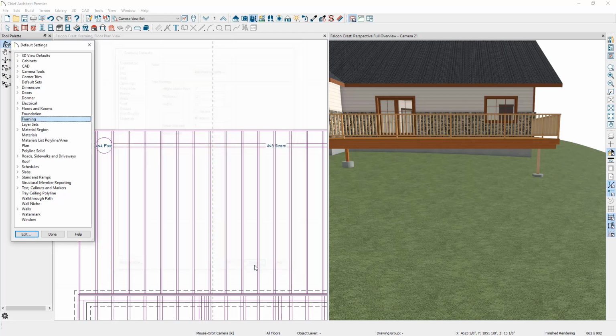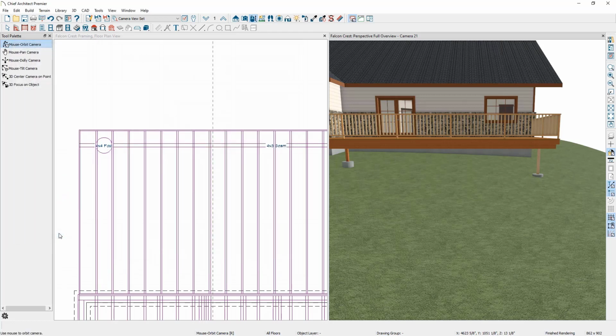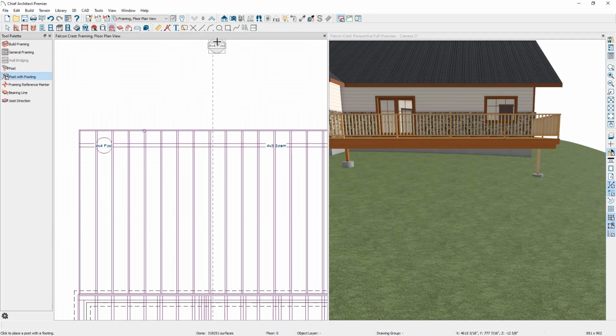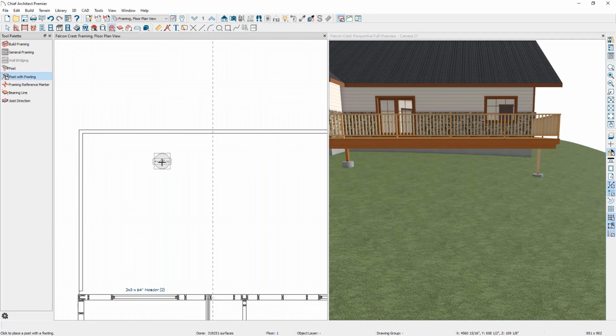Let's go ahead and cancel out of this, click on done, and one advantage of using the post with footing tool to add support to the deck is that it's independent of the automatically regenerate deck framing setting. This means that you can have the auto rebuild deck framing turned on while manually adding more framing to the deck. Let's take a look at this by, in our floor plan view, going up to our first floor, pressing spacebar,